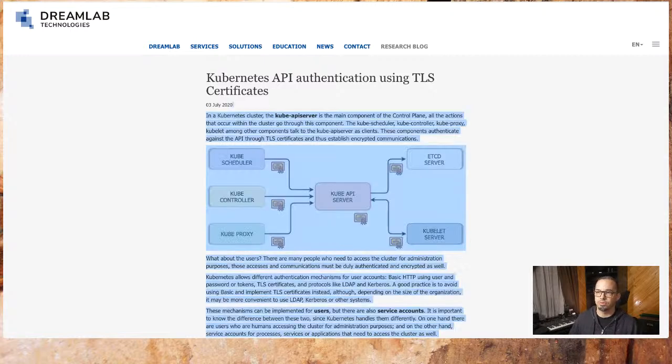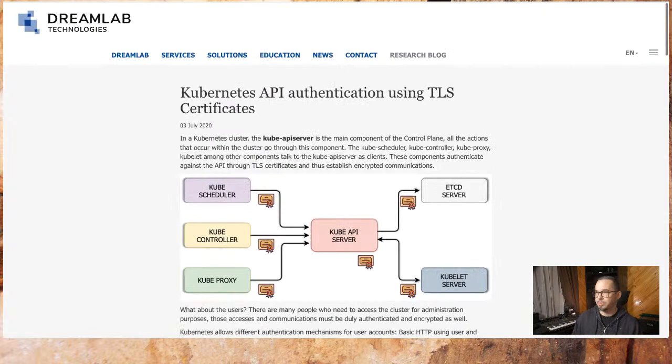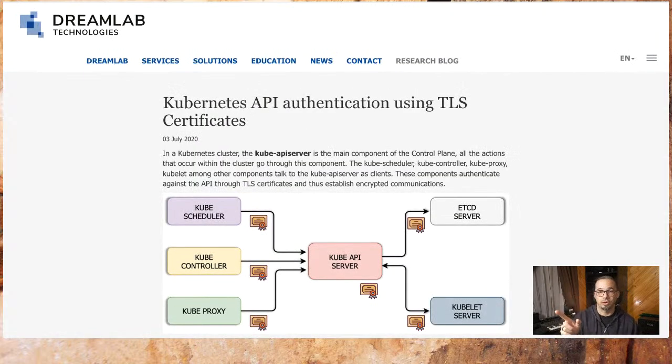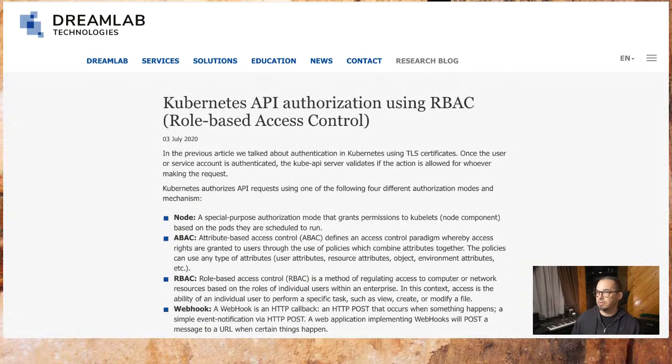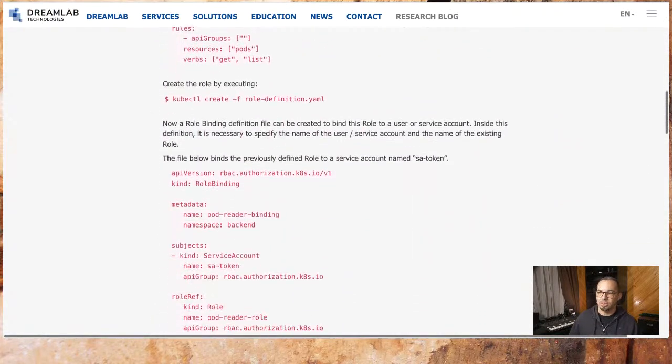Now, these are a little bit older. These are from earlier in the month. But if you want a good, solid, actionable overview of how these things work, check out their articles. They've got this one on authentication using TLS, and then they've got this one on API authorization using role-based access control, also from the 3rd of July. They have other articles that are also very good, but